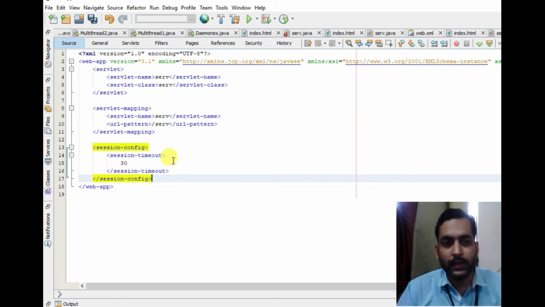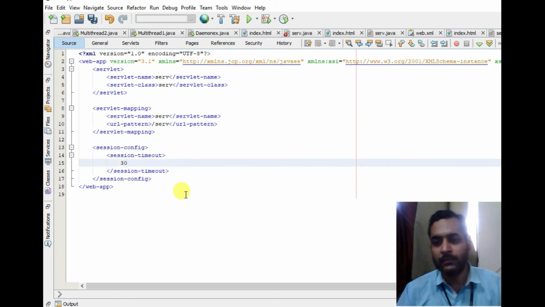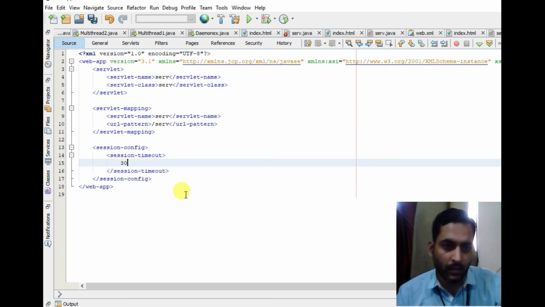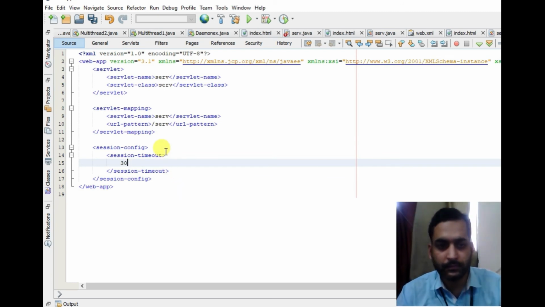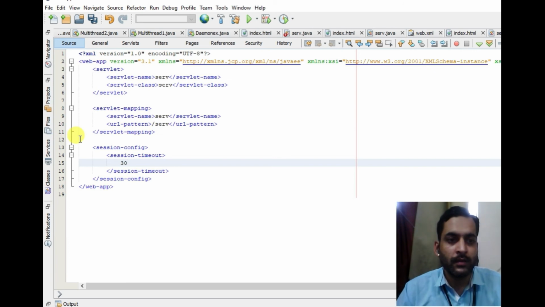Now let us try to understand how the web container or servlet container maps the request for the servlet to the exact servlet. When the request comes, it first sees its URL pattern.